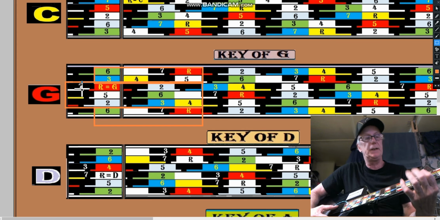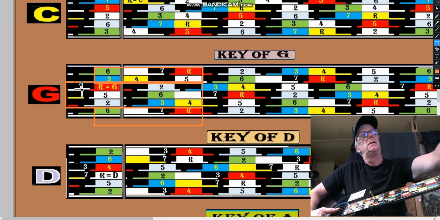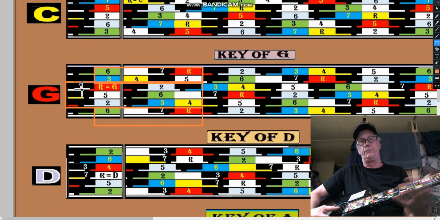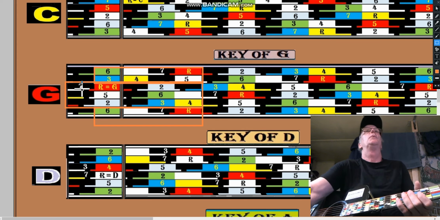That is a Mixolydian on the A. It's A Mixolydian in the key of G. With Mixolydian, you can always tell because it's a whole step from the 7th to the octave. Okay, so what are we going to do? What I want to show you